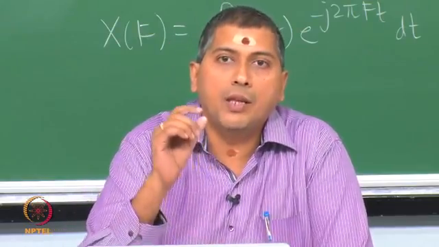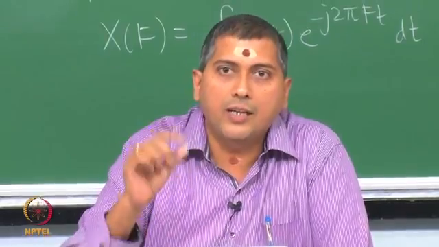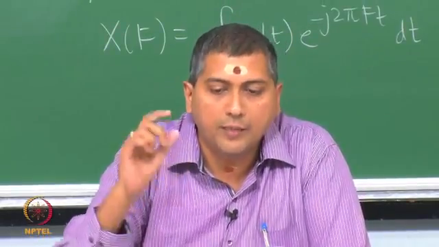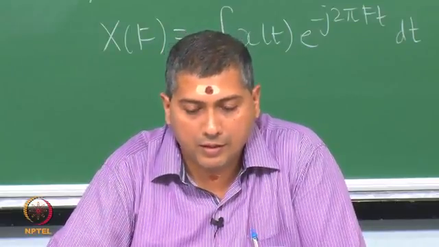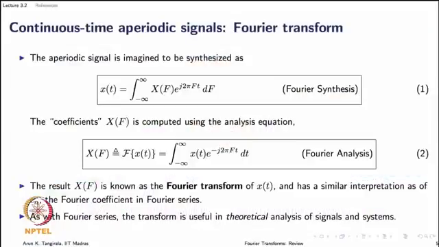It denotes the weights associated with the analysis function or the building block, which is a complex sinusoid, and also it contains the phase information. So, if I look at the magnitude of x of f, it gives me the weight associated with the corresponding building block, and the phase of x of f will tell me when that particular frequency started to exist in the signal,